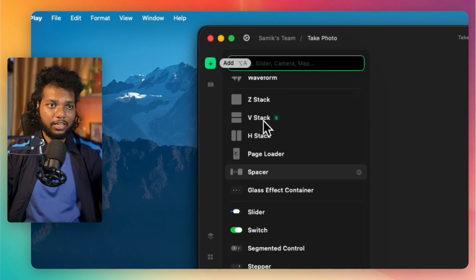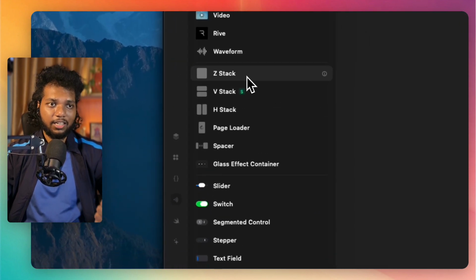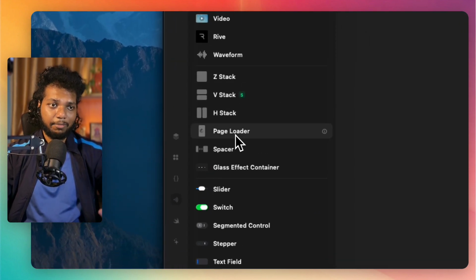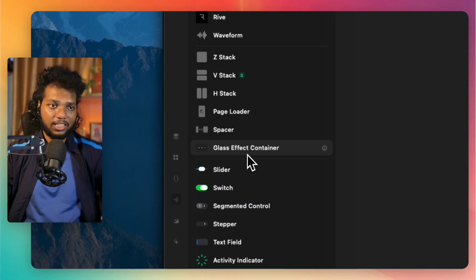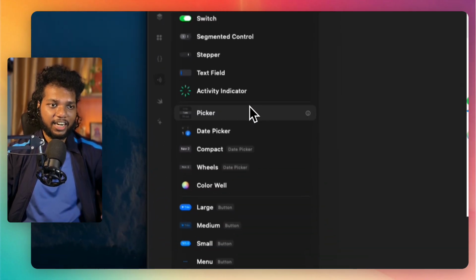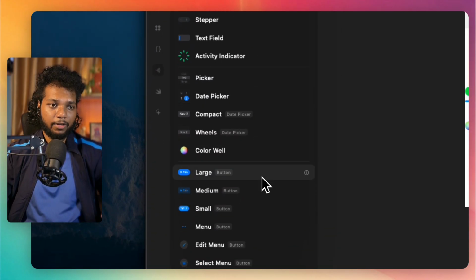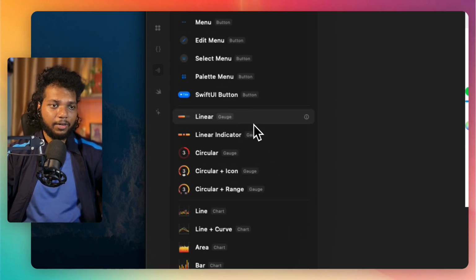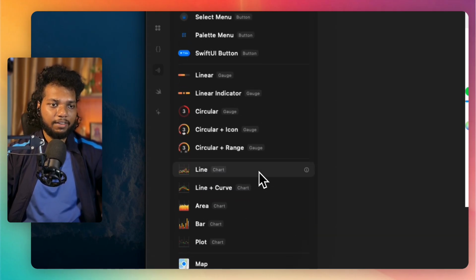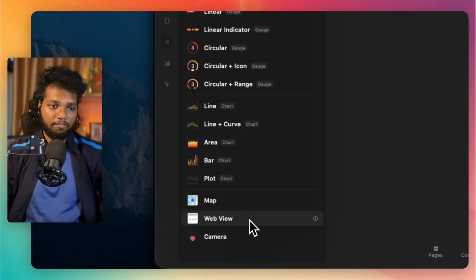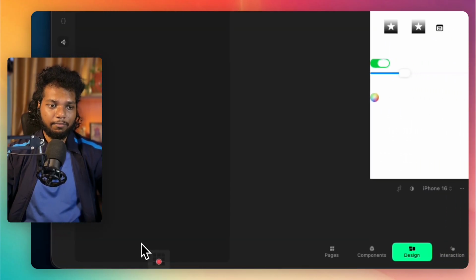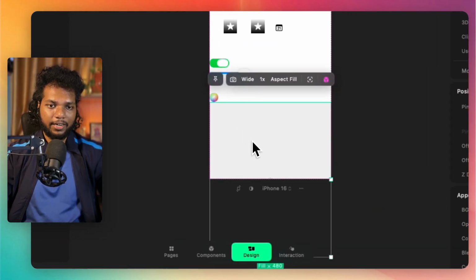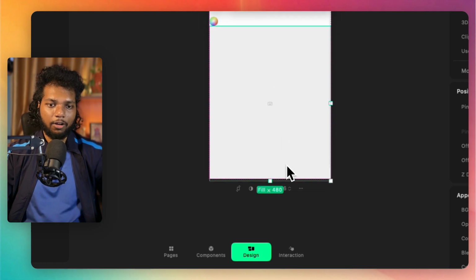So this is actually a great way. You can see Z stack, V stack, H stack, page loader, spacer, glass effect container, then text field, activity indicator, picker, date picker, compact, color wall, and different buttons. Then we have the gauge, then we have the chart, then we have the map, web view, camera. So if I press this camera here, if I bring it here, so you can see if I play